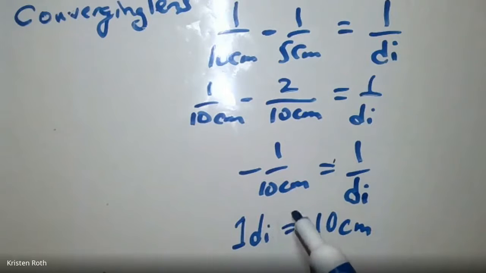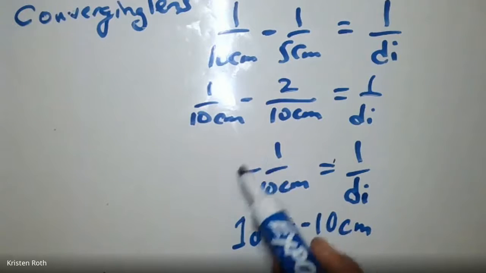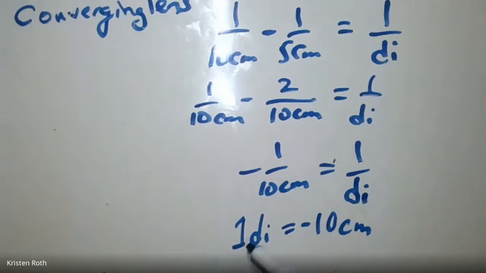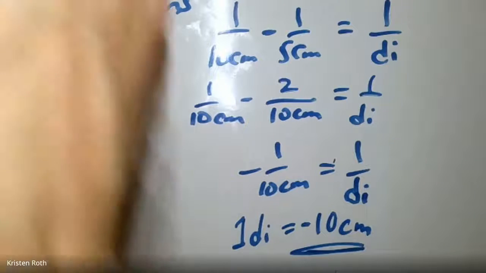I just skipped a step there. Usually you'd keep it with the 1 and be negative 1 over DI, but then you'd have to get it out of being a negative, so you would divide by a negative to get rid of the negative 1, and then this would end up being negative. But you can move it to the bottom too. So we actually end up with a negative,